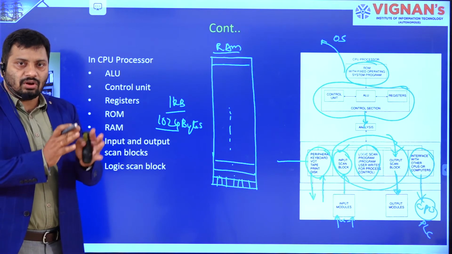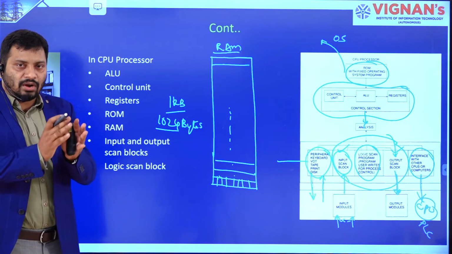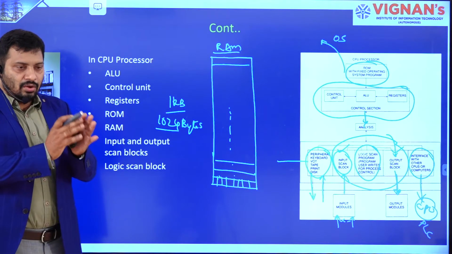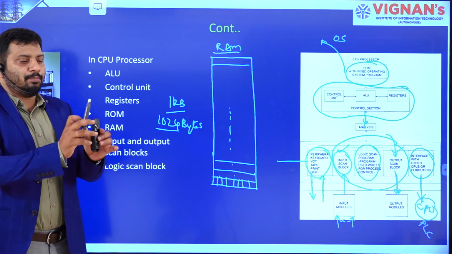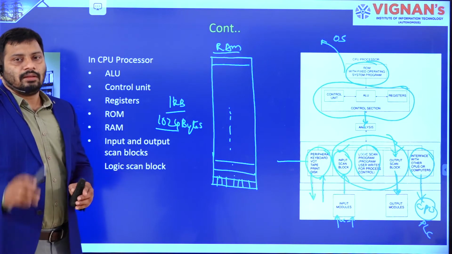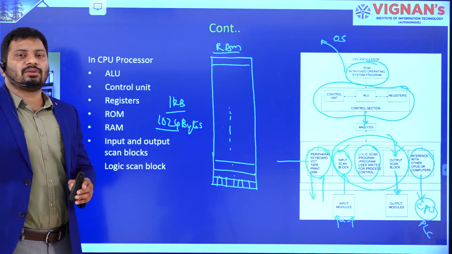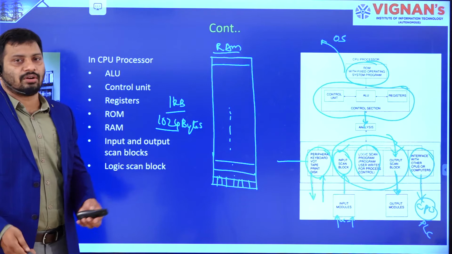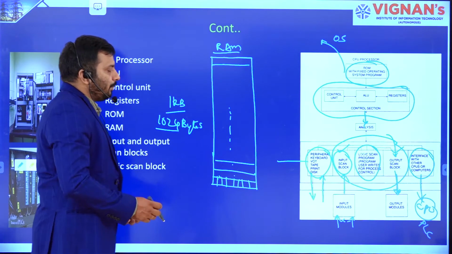So all of this is going to be placed in one module, right? The processor module and memory, the input module, output module, power supply module, and if any other communication modules are there, those are going to be placed as well. This is overall going to be called the PLC. That's already what we discussed, right? Now, what is my intention?